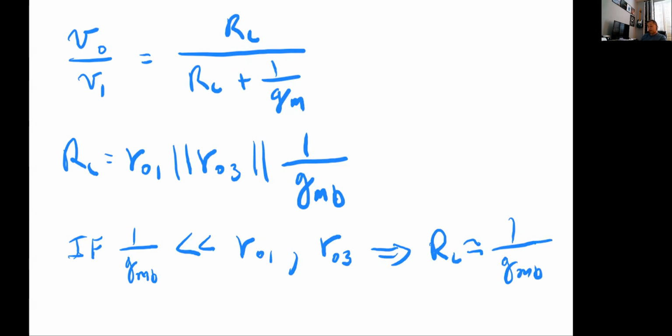So it is a real effect, and we have to take that into account. If we take that into account, we can see that our voltage gain is equal to